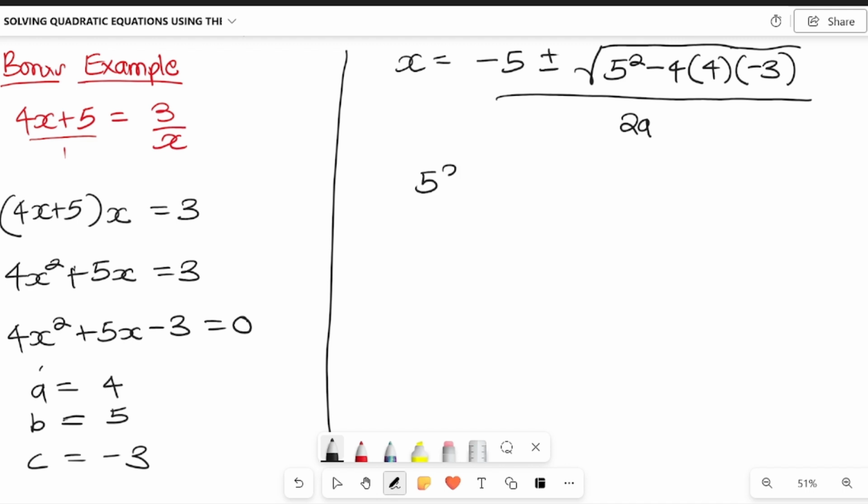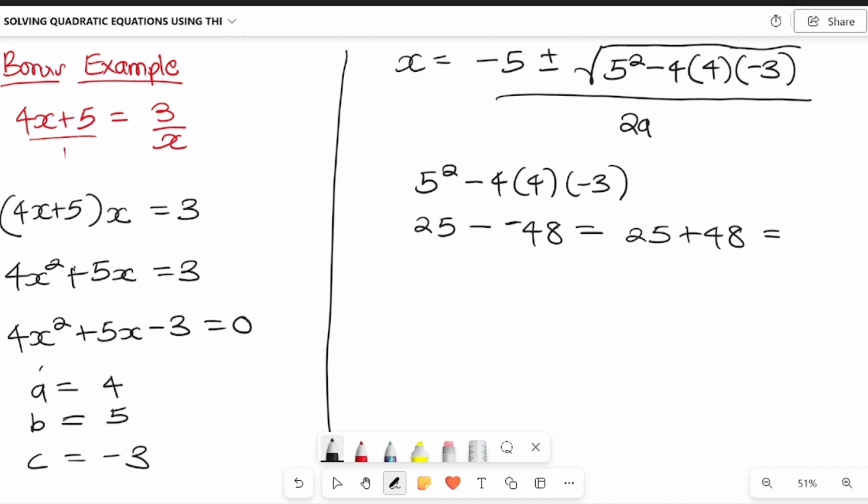That is 5 squared minus 4 into 4 into negative 3. 5 squared gives us 25. 25 minus 4 times 4 is 16. 16 times negative 3 is negative 48. So 25 minus negative 48 is equal to 25 plus 48, which gives us